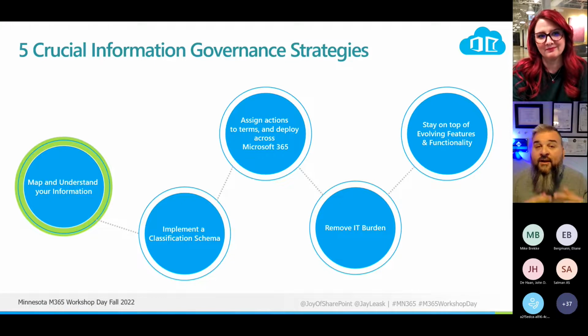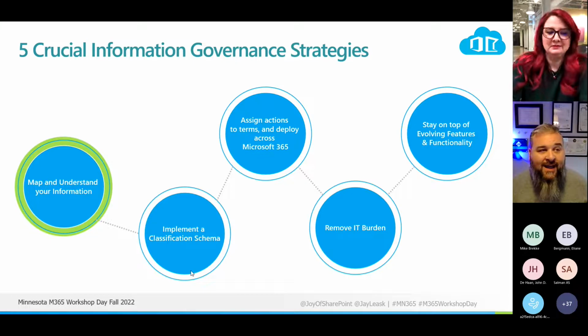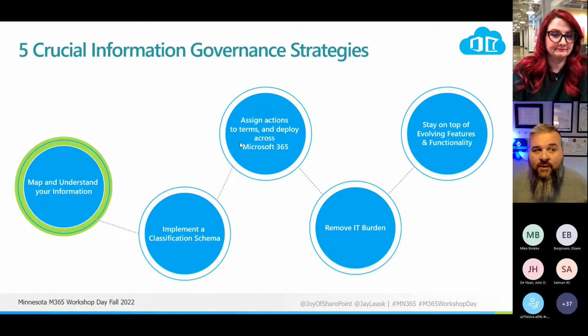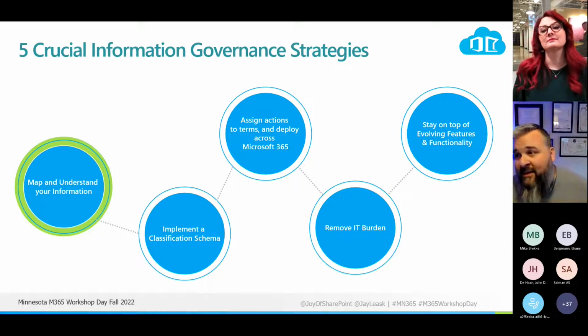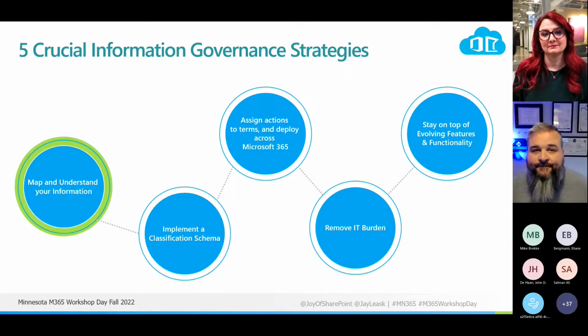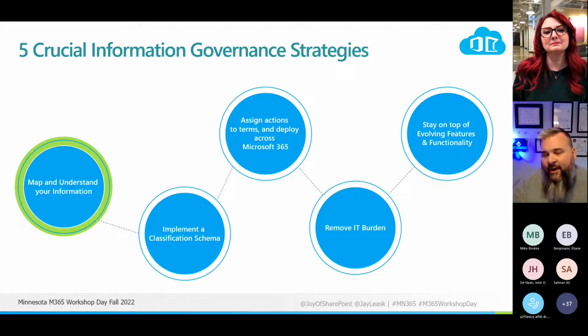So, these bullets could be out of order. If you know your classification schema over here, and you know what's going to be assigned, then you can ask questions based on those expected outcomes to make sure that when something is created, the request isn't even in until you've captured the information you need to make those decisions.